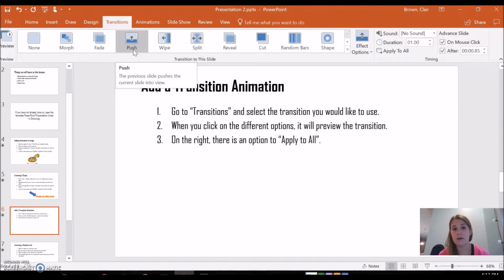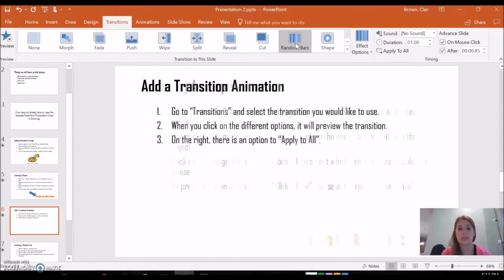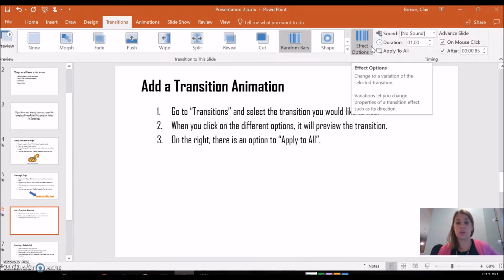So whichever one you want from transition, that shows you your transition from slide to slide. Another option over here is this apply to all. Apply to all allows you to make that transition occur on all of them. Again, transitions can be very distracting and time consuming, so keep that to a minimum or make sure you're picking